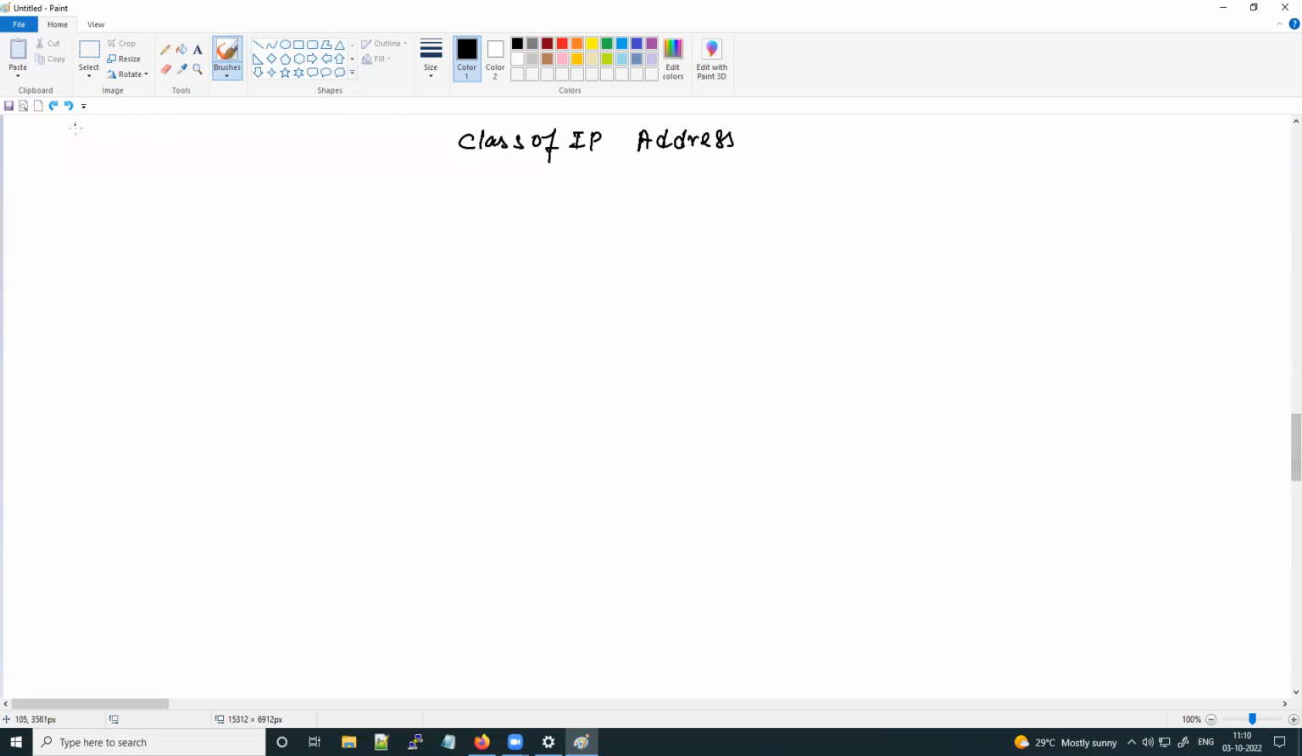The classes of the IP address: the first is class A, class B, class C, class D, and class E. Class A, the range of the IP address is